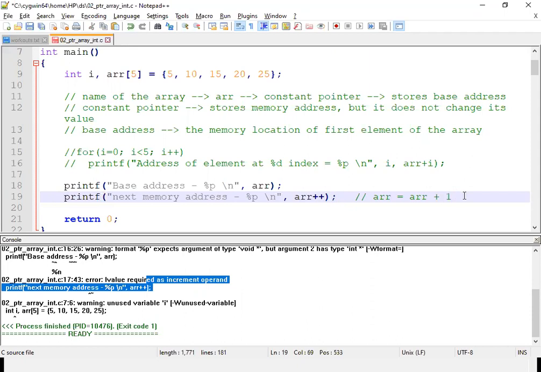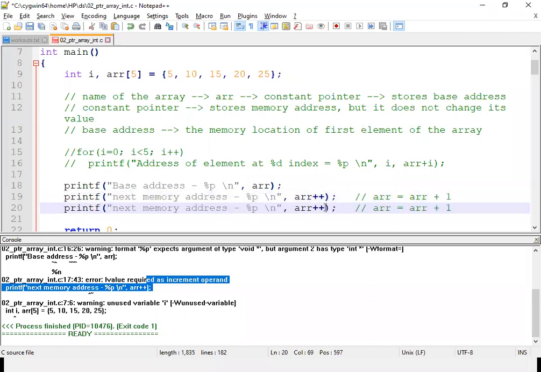This statement and the next statement which I'm writing here, both are different statements.